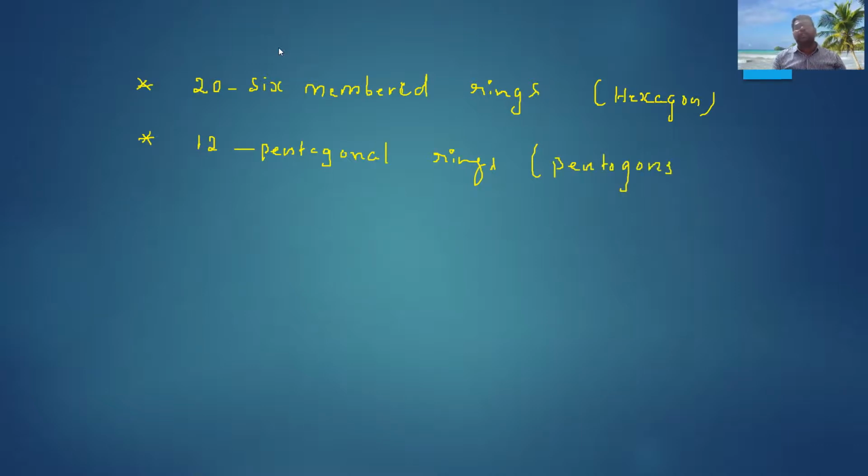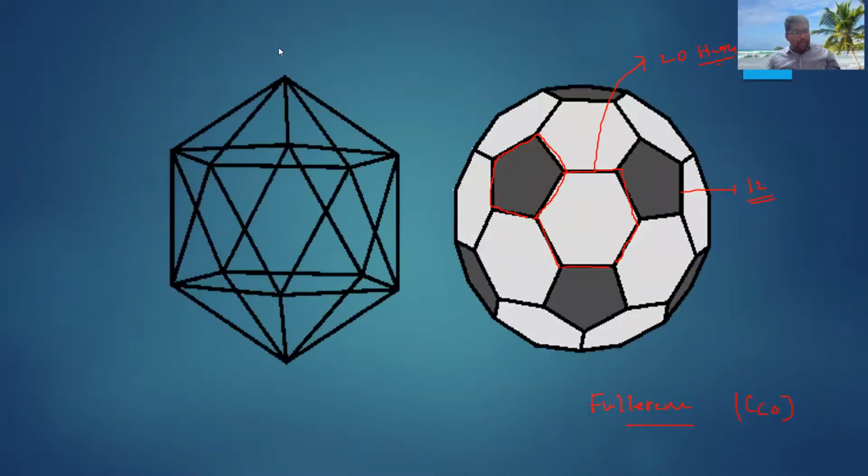Pentagons. Okay, so 12 pentagons and 20 hexagons are present in the fullerene. And one more important point for students. A 6-membered ring is fused with 6 or 5-membered rings. To observe this, this 6-membered ring is fused with a 6-membered ring and also a 5-membered ring. But a 5-membered ring is fused only with hexagons. Everyone is a hexagon. That is a very important point in the structure of fullerene.